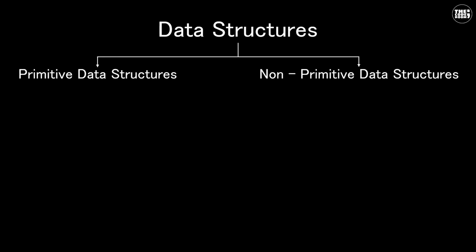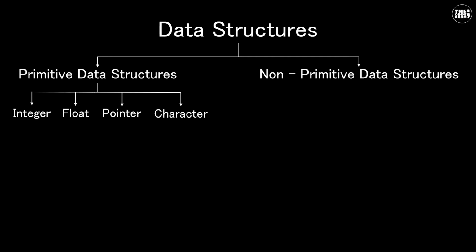Data structures can be classified into two types: primitive and non-primitive data structures. Primitive data structures are predefined in our computers, such as integer, float, pointer, or character. We declare variables to store primitive data structures. Imagine if Jack had to store marks of 10,000 students. It would be impractical to create a variable to store marks of each and every student. So, non-primitive data structures come into the picture.